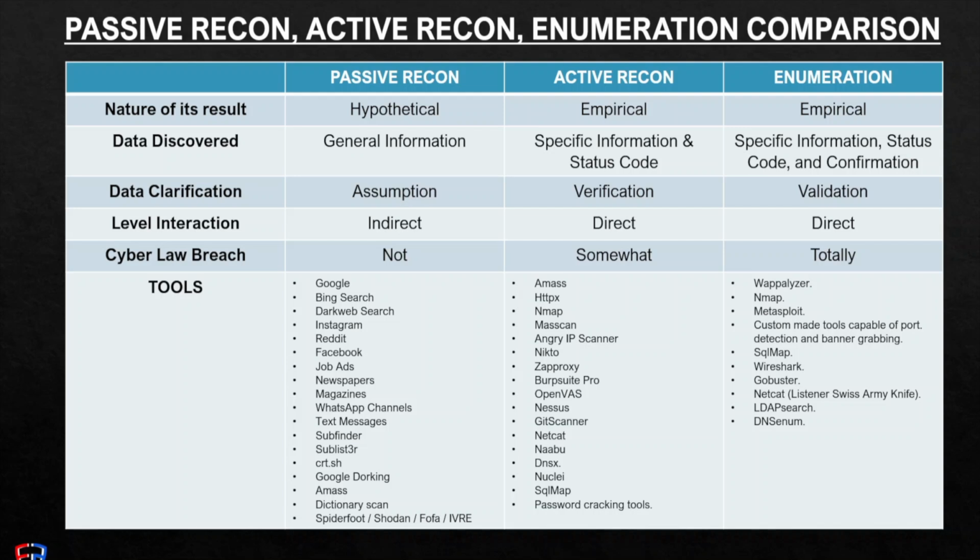Now on tools, for passive recon, we have a list of tools here. We cannot read all of this, but it's in the presentation slide. We just read a few. For Google, you can use a simple search. Bing, simple search. The dark web, you research for resources such as leaked credentials and leaked databases. You want to use these credentials and see if there are organizations also using these usernames and passwords